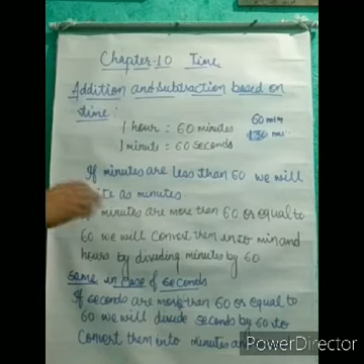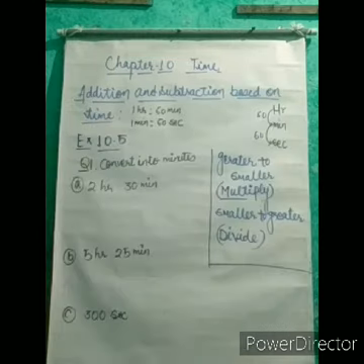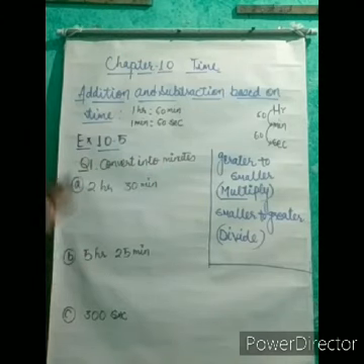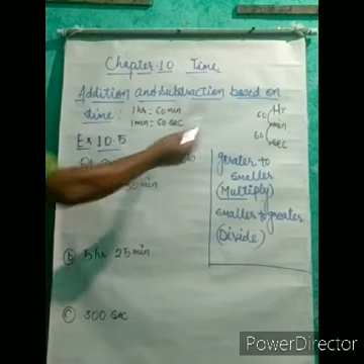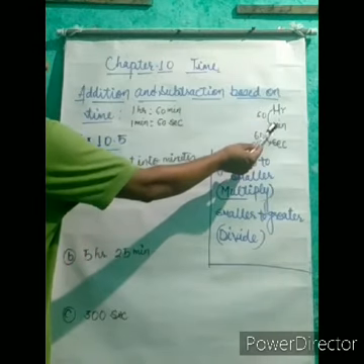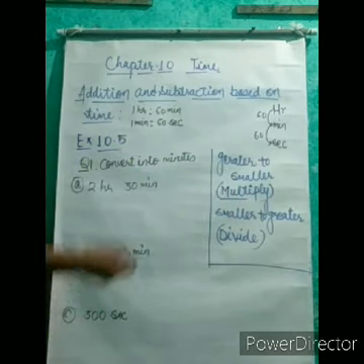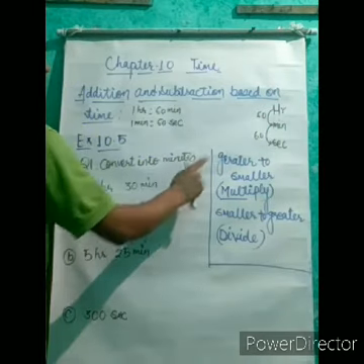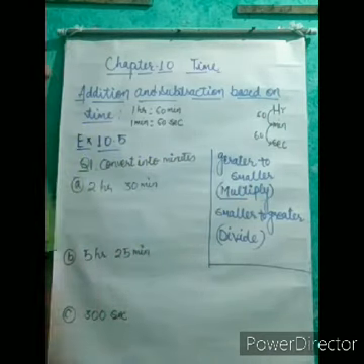Now we will do a few of the questions which are based on these important relations. Now you can see exercise 10.5. It says convert into minutes. But first of all we should know which is the greatest unit of time and the smallest unit of time in your syllabus. So here hour is the greatest one, then minute, and then the smallest unit is second.